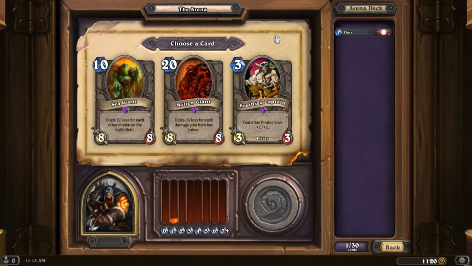Right off the bat, we got an interesting little choice here between a Sea Giant, which is 1 less cost for each minion on the battlefield, Molten Giant, which is 1 less cost for each damage you've taken, and a South Sea Captain, which I don't want to build a pirate deck, so kinda seems just something I don't need. Both of these are very interesting. One of them is kind of this late game card where if you take a lot of damage, you have the ability to really, you know, I don't know which one I like more, but I think the Sea Giant